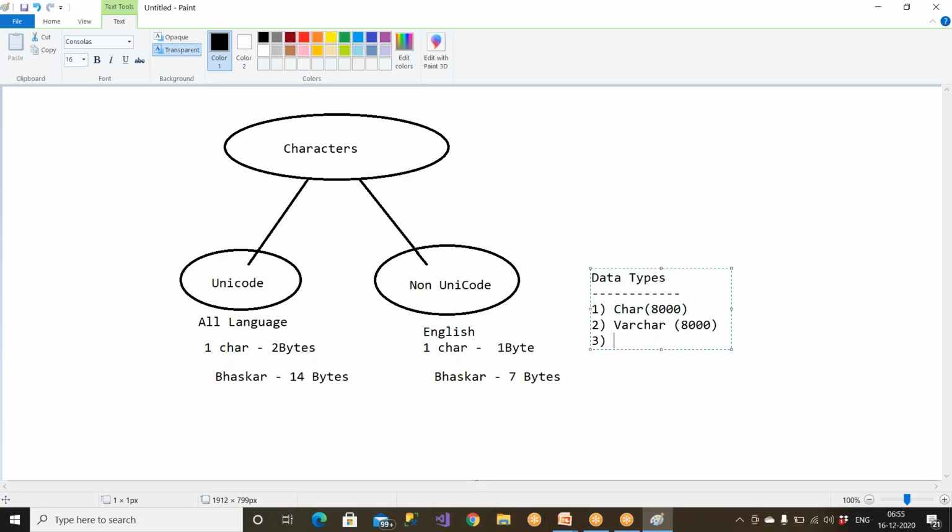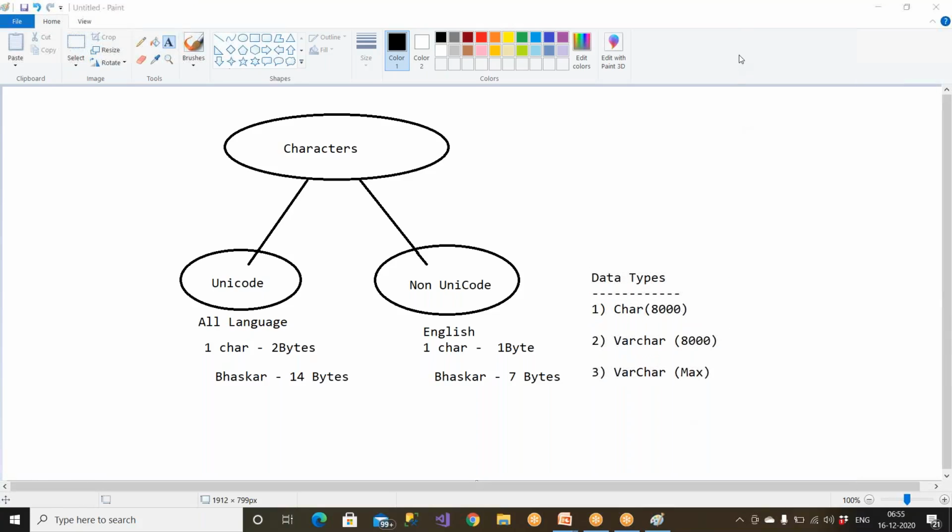And the next one is called varchar(max). Clear? So these are the three data types Microsoft is giving us, and these are for completely